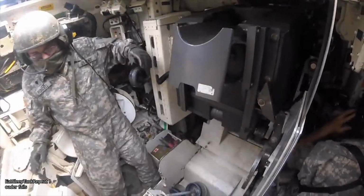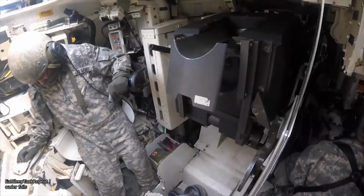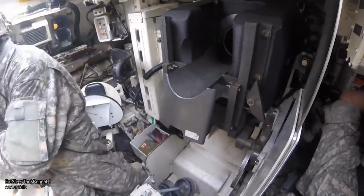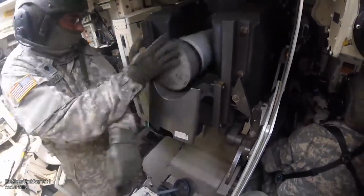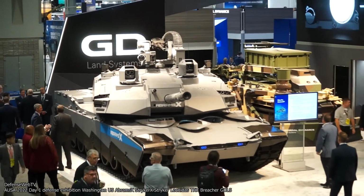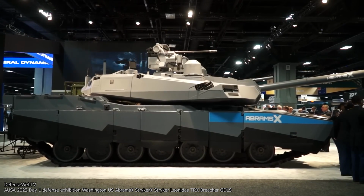If the U.S. Army does decide to pick up the AbramsX as its next MBT, it would be the first main battle tank in the U.S. service to make use of an auto-loading system, as the Army has traditionally favored the inclusion of a manual human loader. The coaxial machine gun appears to have remained, but the typical pintle-mounted machine guns located on the turret for